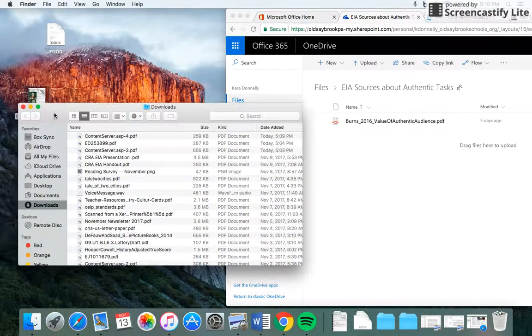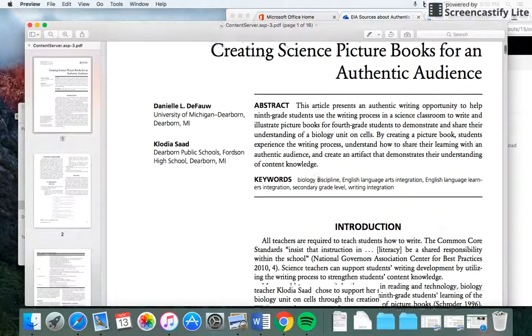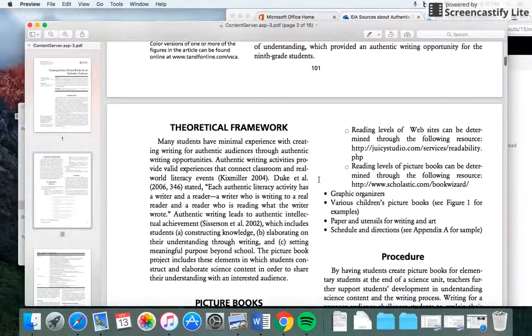So I open up my downloads and I see that there's a bunch of stuff in there. These things that are, say, content server, those are the things from Research at CT. This ED thing came from ERIC, which is that educational database. You might have stuff that has different names depending on if you've gone to any other databases. But obviously I can't tell what it is, and it's not very usable to me in the form that I just found it. But if I open it up, I can see the title and all these things,